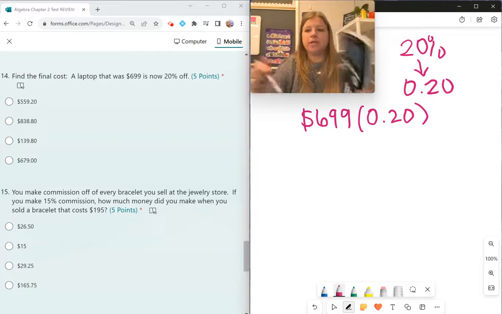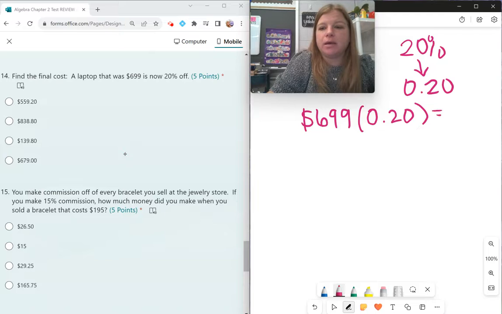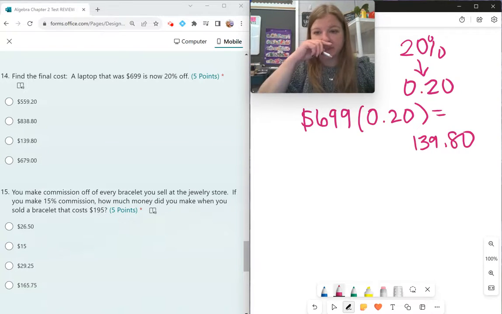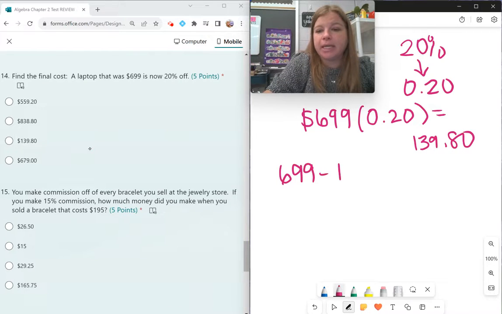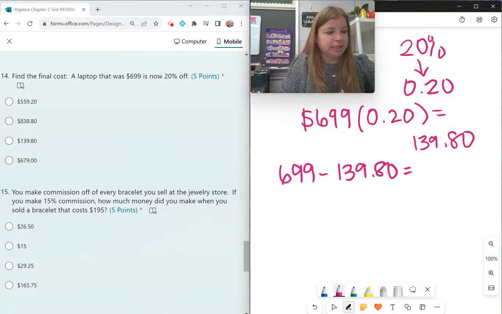When I do that, I end up getting $139.80. It says 0.8, but that's really 80 cents. Now that's not the final cost. Notice that is an answer choice. Don't pick that. That's how much we're saving. So now I need to do $699 minus the $139.80, and when I do that, I get